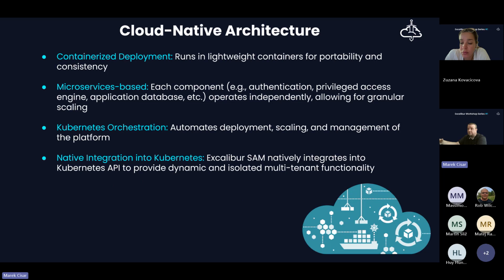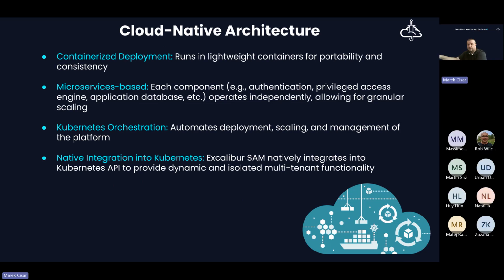They are created and then running and are being managed by the Kubernetes or OpenShift cluster automatically based on the instructions of Excalibur SAM. And that's the second detail why we are talking about the Excalibur SAM as a cloud native system, because Excalibur SAM actively communicates using the cluster Kubernetes API, telling it what to do, how to do it, and also asking if everything that needs to be there is there and is running properly.